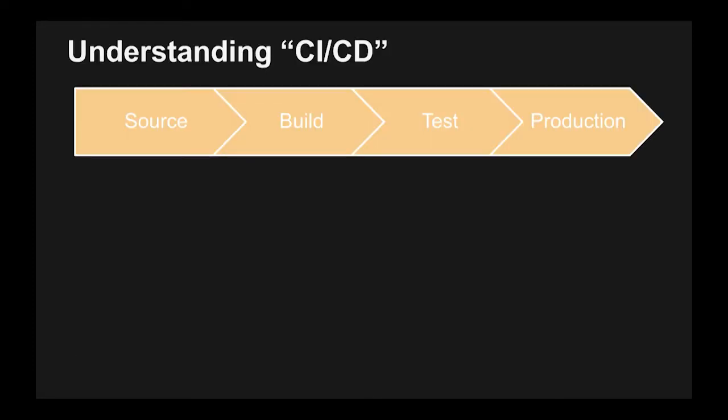Now this talk is about CI and CD, and so the other thing that I want to do is set the tone for how we talk about CI and CD at AWS. So we think of development as having 4 phases: a source phase where you write your code, a build phase where that code is compiled, tested, linted, unit tested, and so forth, a test phase which is where you're actually testing that code potentially against other services, things like a pre-prod or a staging environment, and then production for whatever production might be for the application that you have.